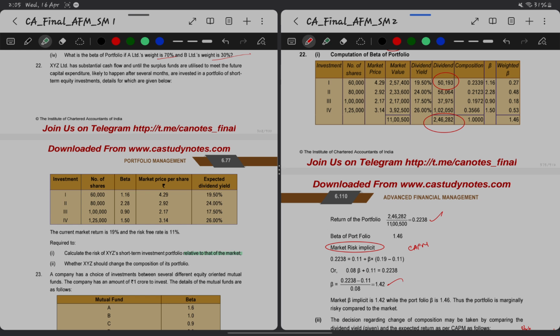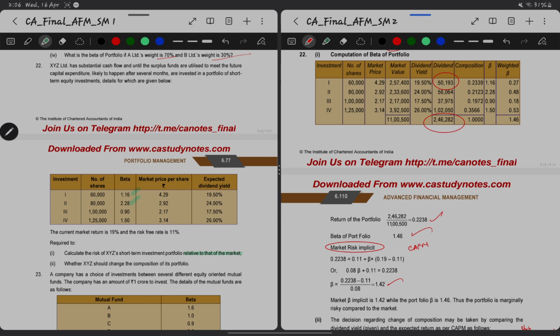As an example, in the given case the first investment has a beta of 1.16 and the second investment has a beta of 2.28. In the same way each investment has a different beta, different systematic risk, which is nothing but the relativity toward the market return. Now the company XYZ has invested in one proportion so that the weighted beta is 1.46,